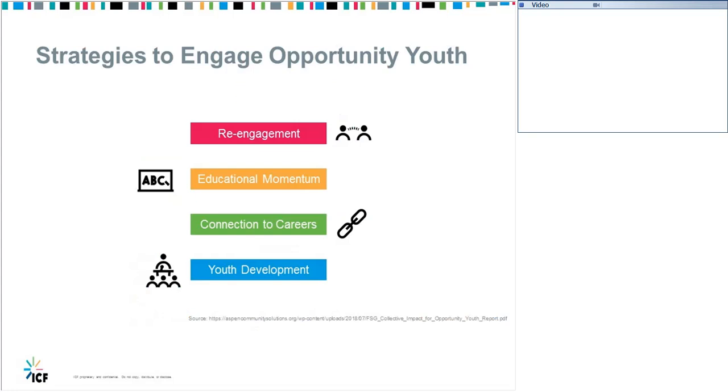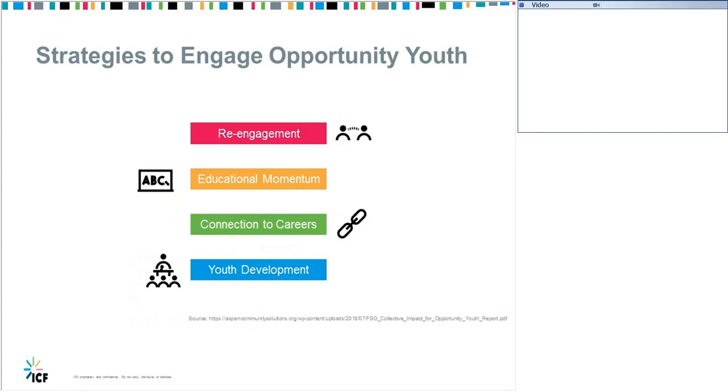But when we talk about how we're going to serve and engage opportunity youth, and credit again to Aspen for their great thought and leadership about this, we are talking about understanding why folks have disconnected. What are the challenges on an individual level that are creating those barriers? Helping folks hit milestones to build momentum, right? We know from our own experiences how much easier it is to go to the gym the day after you've already been to the gym and how hard it is to go to that gym on the first day. Educational momentum works the same way for this population.